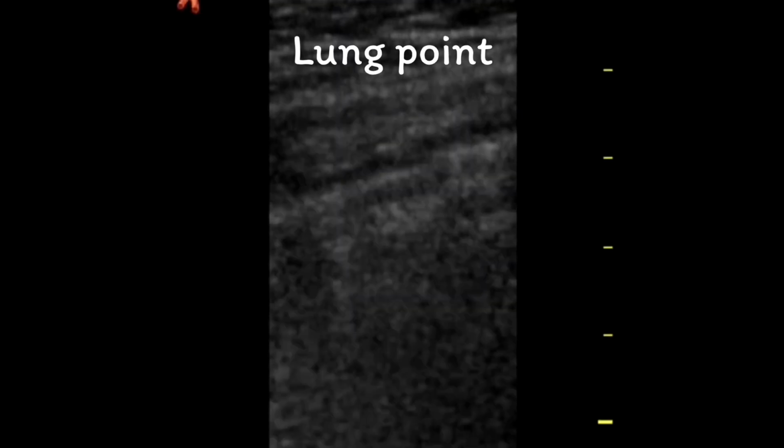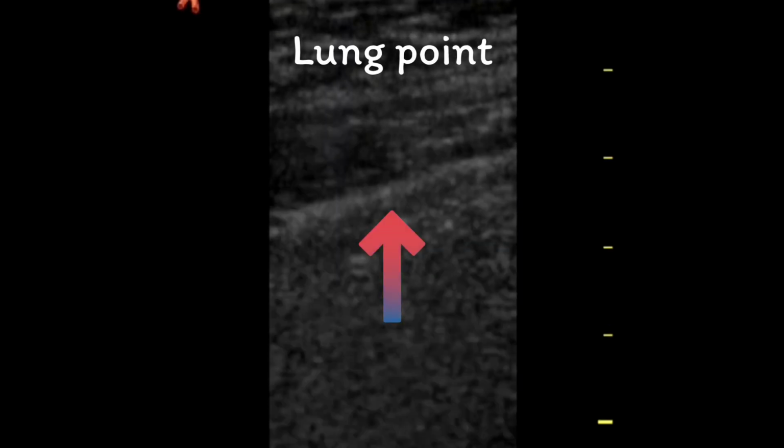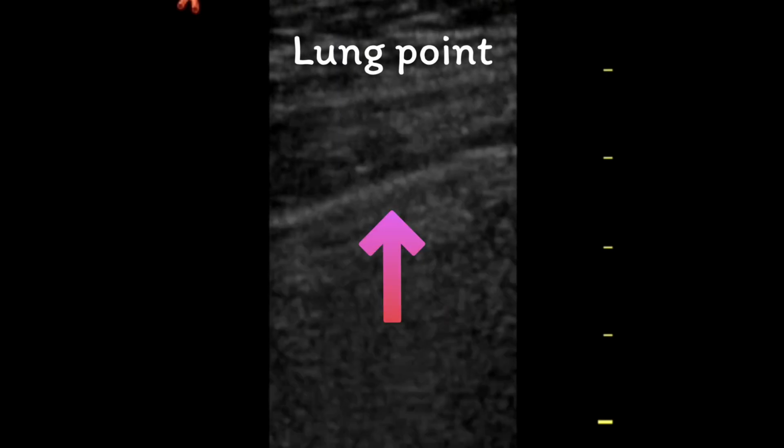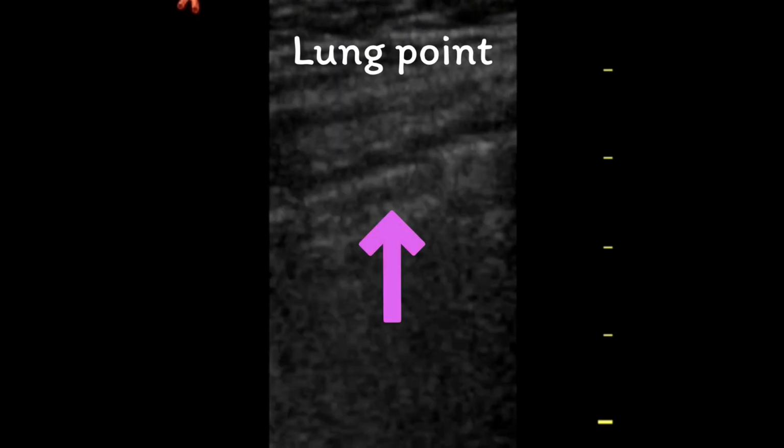So what is lung point? To see it, you have to move the transducer laterally to look at the anterior, mid and posterior axillary lines. At one particular point, you will see on the screen that one half of the pleura is showing sliding. This meeting point of absent sliding pleura with sliding pleura is called lung point. This is 100% specific to pneumothorax.